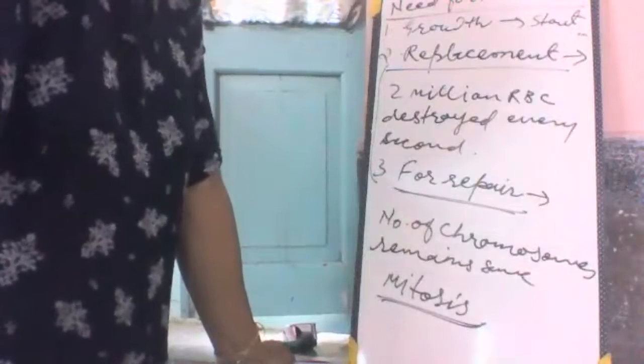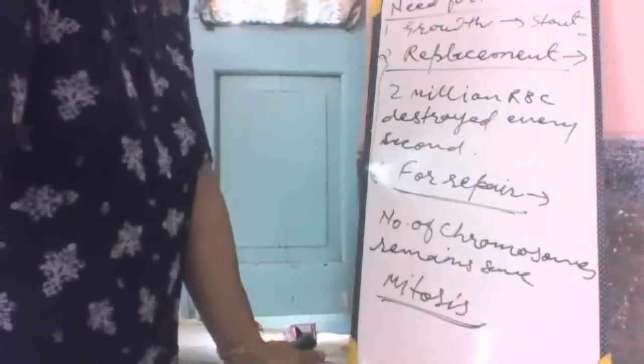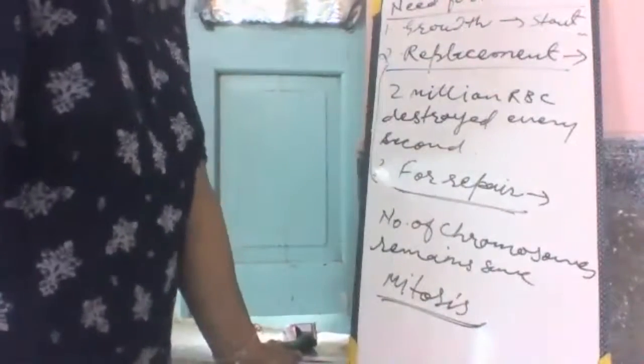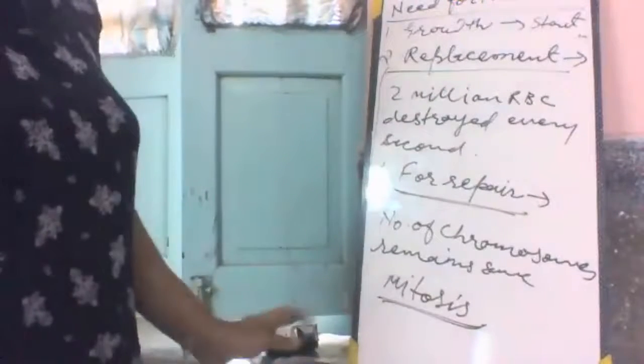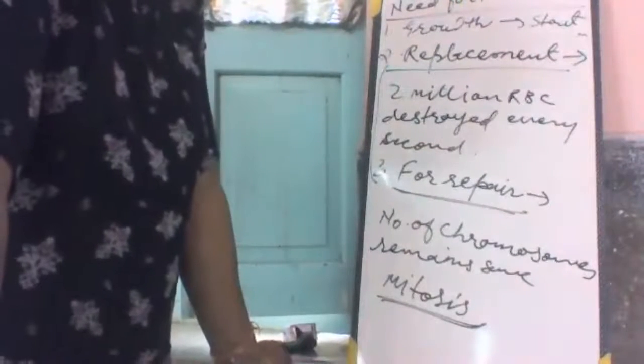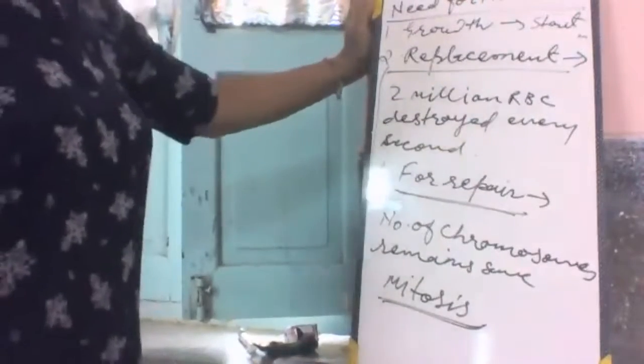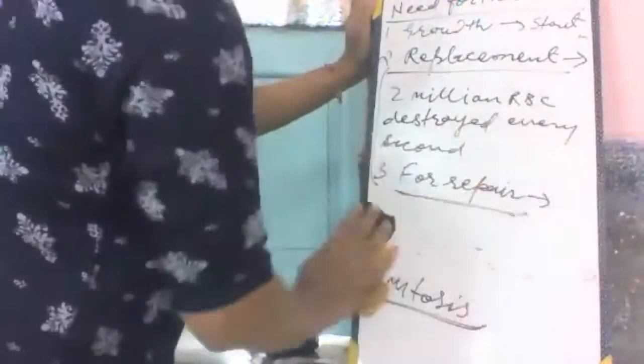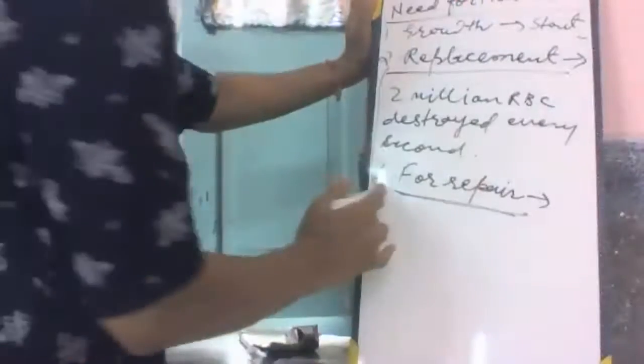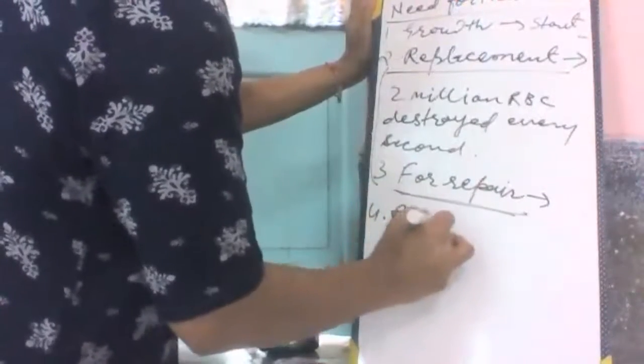But in the case of reproductive cells, the egg-producing oocyte, egg and sperm, they have only half the number of chromosomes. They have only a single set of chromosomes, and this occurs in the reproductive cells only. So we will see this in the fourth reason, reproduction. The fourth reason is reproduction.